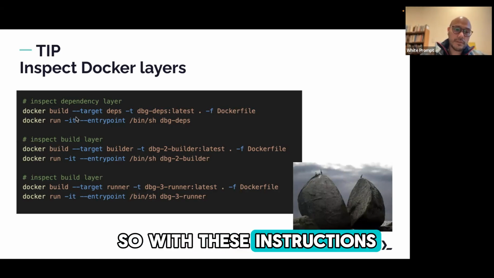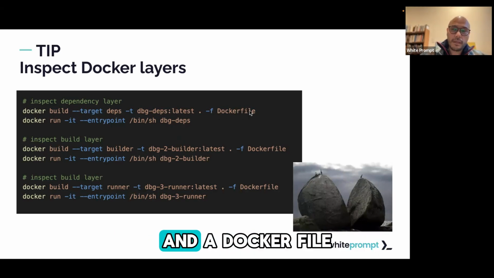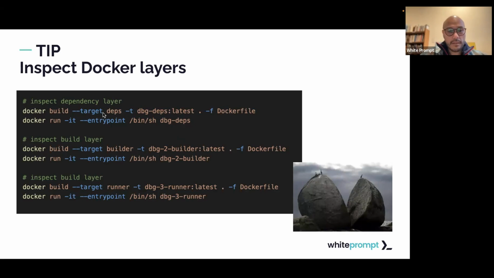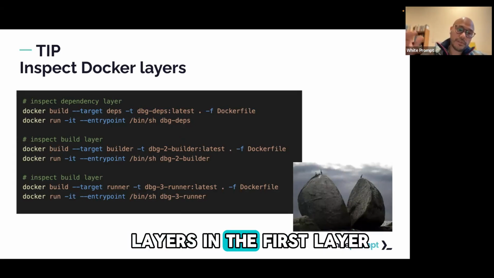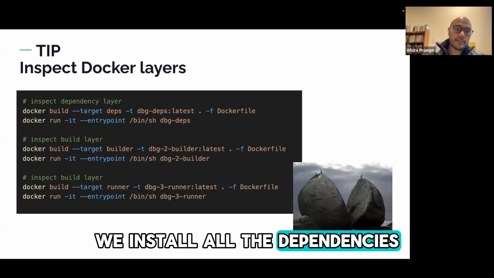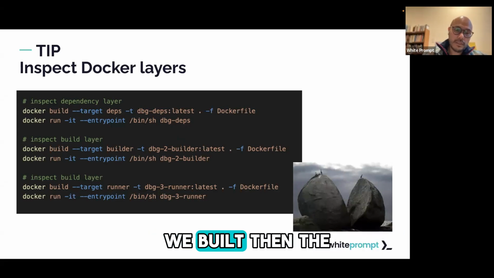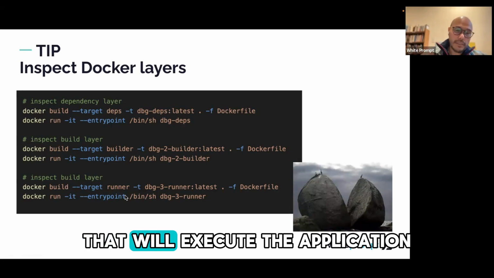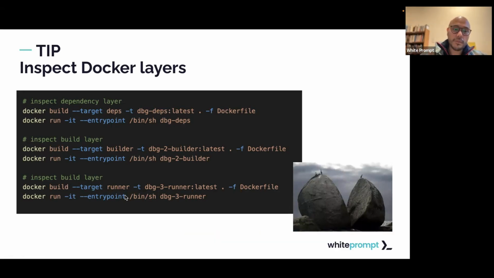So with these instructions, you can build a Docker file pointing to a specific target. In this case, all these layers and targets point to the same Docker file, but they are different layers. In the first layer, we install all the dependencies. In the second layer, we build the final application, and then we run. And the last will be the runner that will execute the application with a small amount of files instead of